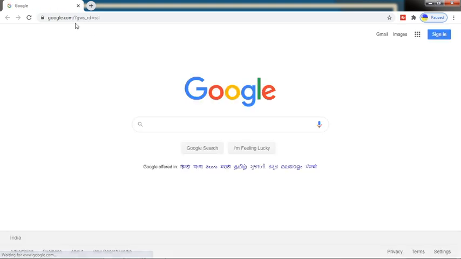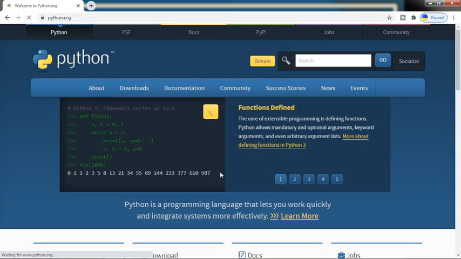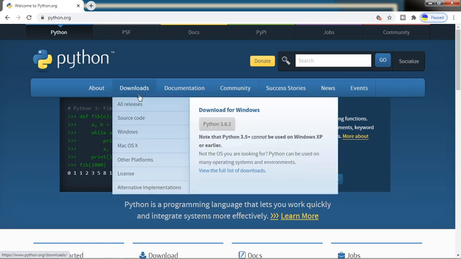If you want to install a lower version, then how will you go for a lower version? This is python.org. I am opening. Once you go to downloads, it will automatically come. Here you have to click.